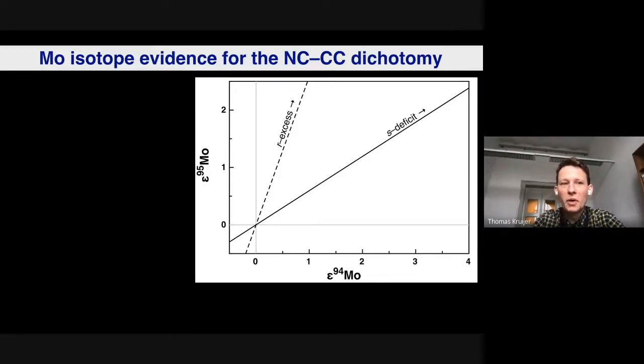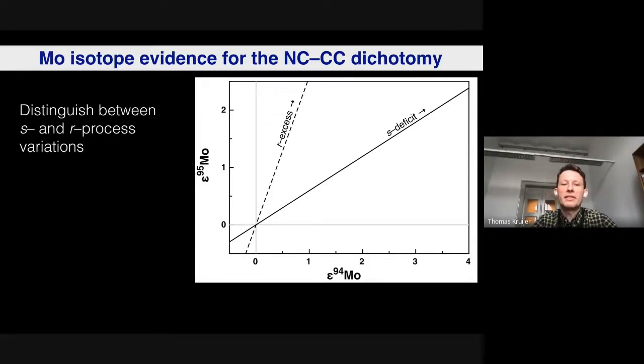And the reason that molybdenum isotopes are so useful for looking at these characteristics of meteorites, at this dichotomy, is that molybdenum isotopes can be measured in almost every meteorite group, and they also provide very detailed insights about the genetic makeup of meteorites. And this is because they allow us to distinguish between so-called r-process variations and s-process variations. And these are different nucleosynthetic